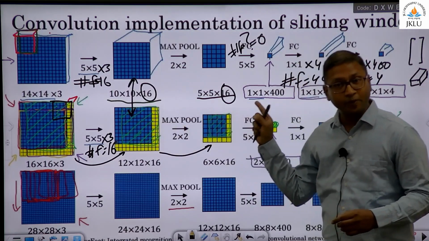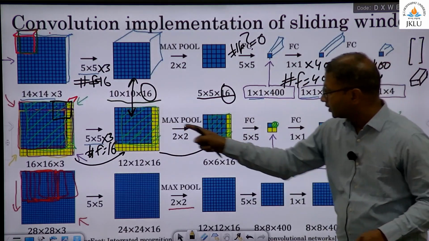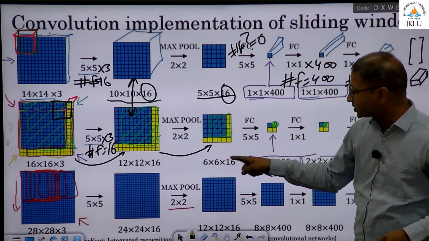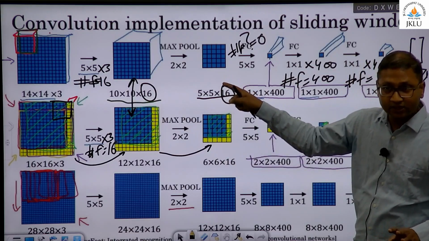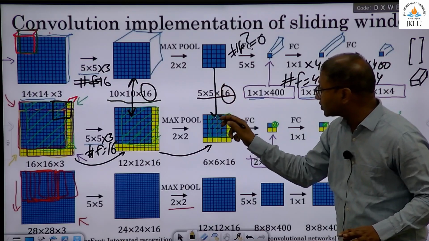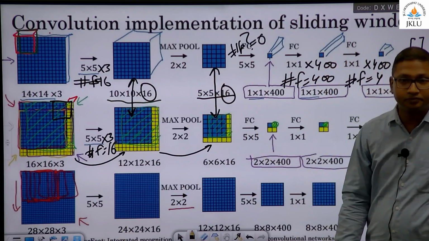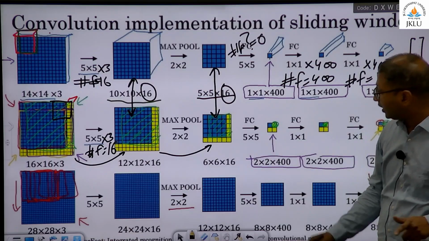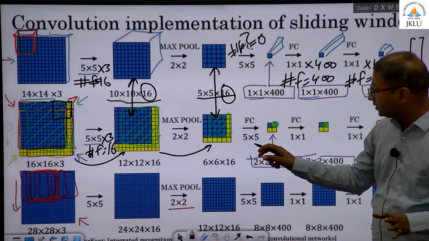Now the same thing will propagate all the way. So this guy goes here, this becomes 6 cross 6 cross 16 instead of 5 cross 5 cross 16, but these 5 cross 5 cross 16 are same as this. Make sense? Okay. Now you do the same thing again,